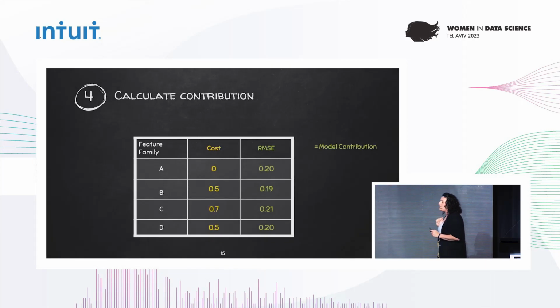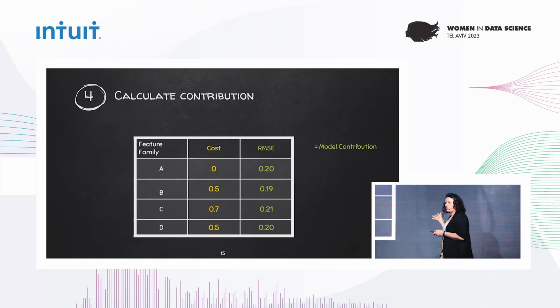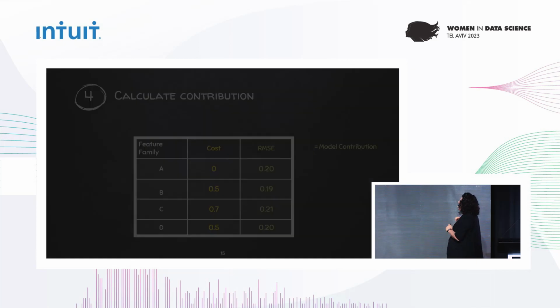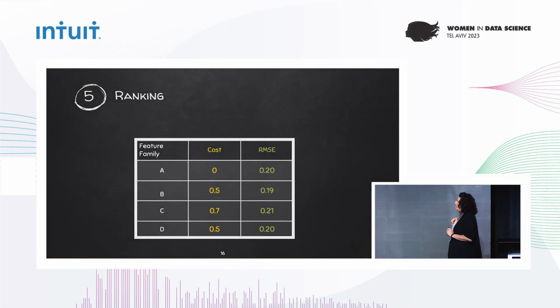Great. Next, we want to calculate the contribution. Okay, we had the cost, now we want to understand the contribution for each feature family. Contribution in this use case, as I said, is a continuous completion score, RMSE. We want to lower the RMSE as much as we can. So for each feature family separately, we are going to train our model and calculate the RMSE for each one of them separately. And once we have these two factors, we're going to rank our feature families first by cost,